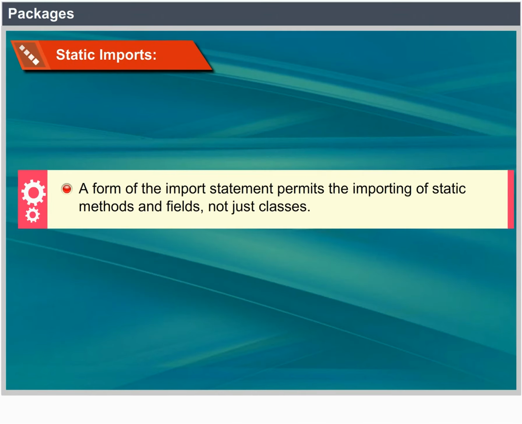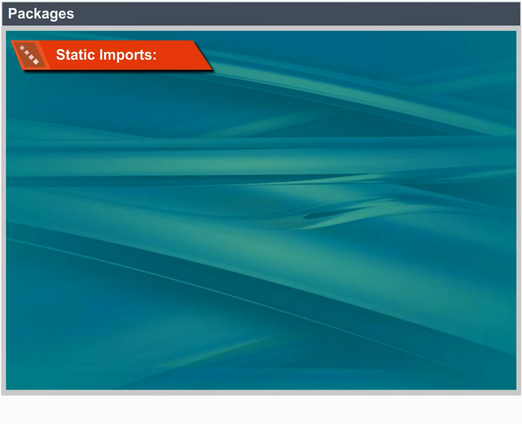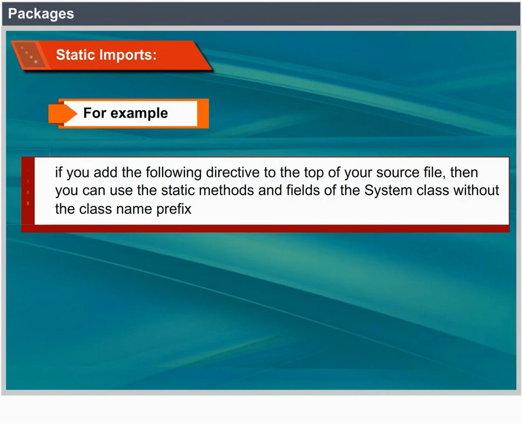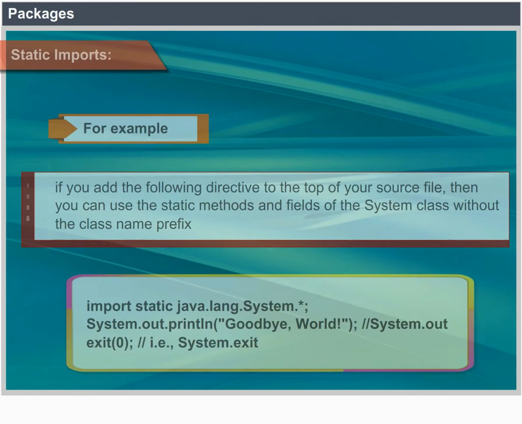Static imports. A form of the import statement permits the importing of static methods and fields, not just classes. For example, if you add the following directive to the top of your source file, then you can use the static methods and fields of the System class without the class name prefix. import static java.lang.System.*; System.out.println("Goodbye world"); System.exit(0);